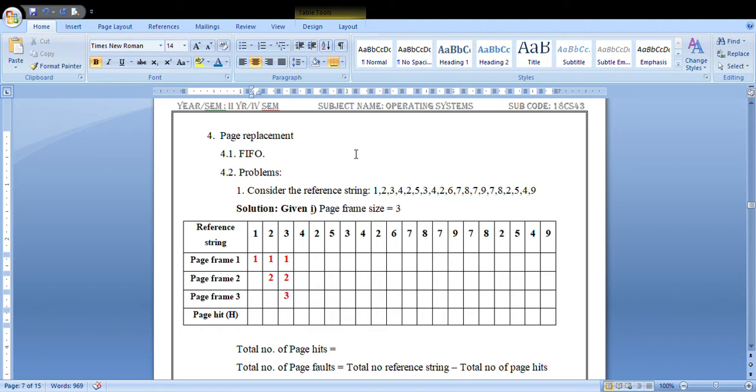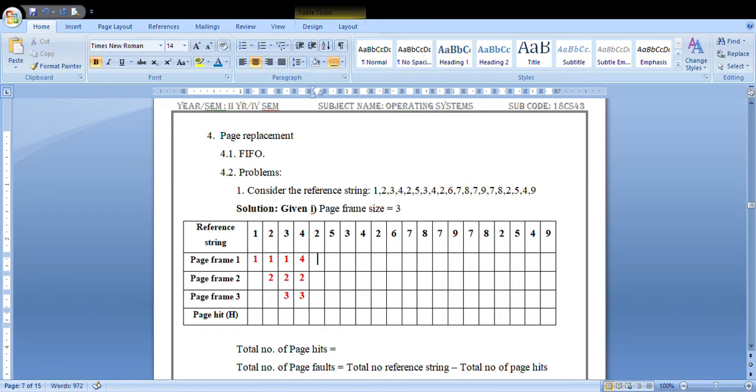Here 1 is repeated 3 times, 2 is repeated 2 times and 3 is repeated only 1 time. Compared to all 3, 1 is considered the oldest page. So you are replacing 1 by 4 and keeping the other 2 frame values as they are.